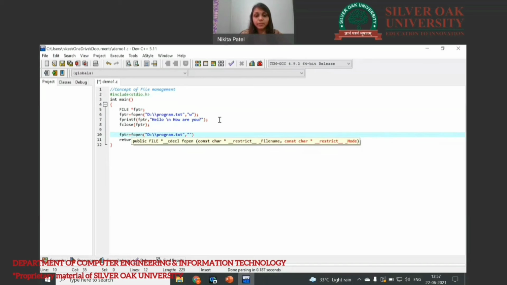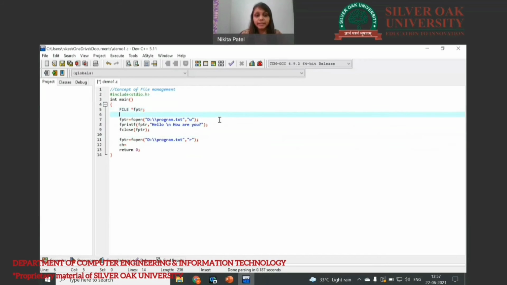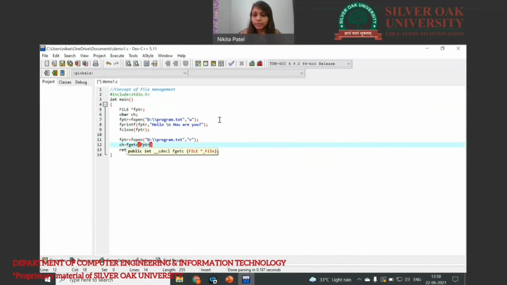Here you are required to mention read mode. Take one character, ch is equal to, and also declare the character ch. This will fetch one by one character from the file. So ch is equal to fgetc. fgetc is a function to get a character from a file. So fgetc and in the brackets the pointer, which is fptr.